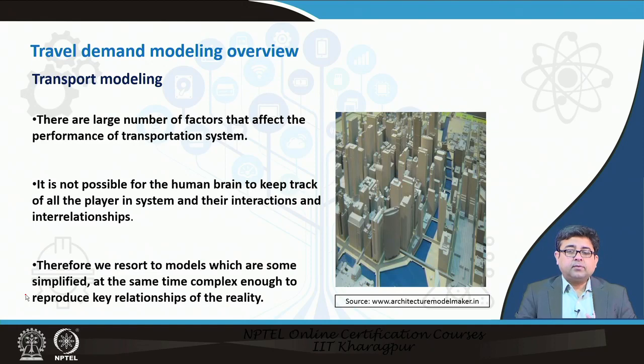So, if you combine these 4 aspects of the need to travel, you would be able to determine at a macro level what the demand for transportation in your city is, and based on the demand you can then provide for the capacity, or the number of lanes in a road, or the number of bus routes in a city, or the frequency of your metro rail, and so on and so forth. So, that is essentially what we would want you to be aware of when we are talking about transportation modeling.